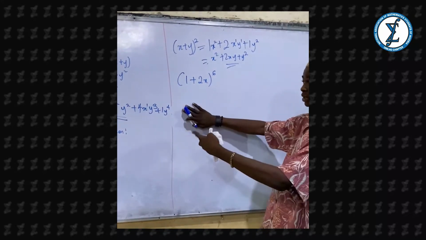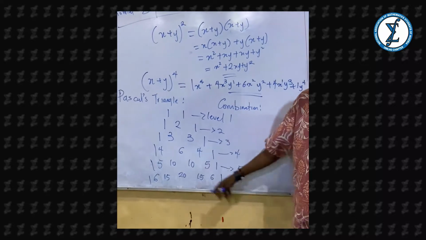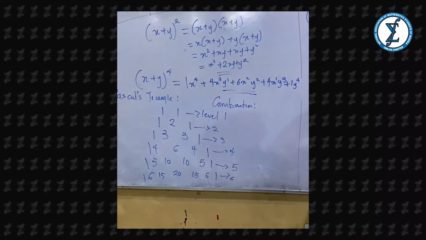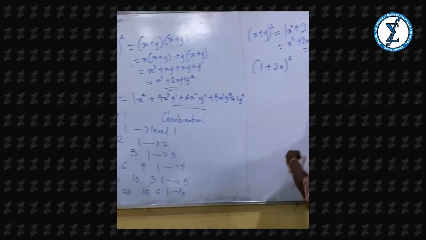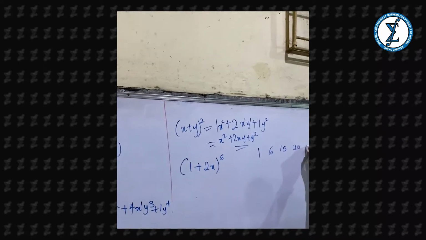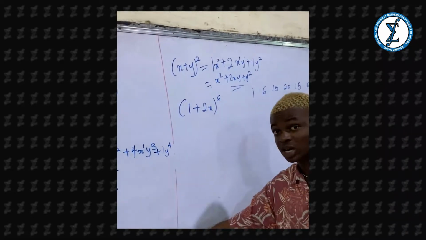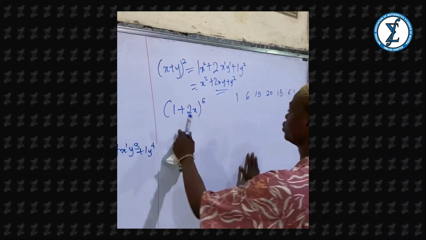So using our Pascal's triangle, if you go back to your triangle, we have the coefficients. So let's write the coefficients here so that we won't have to be going back and forth. The coefficients there are 1, 6, 15, 20, 15, 6, 1. Those are the coefficients on level 6 there. So what we need to do here is just